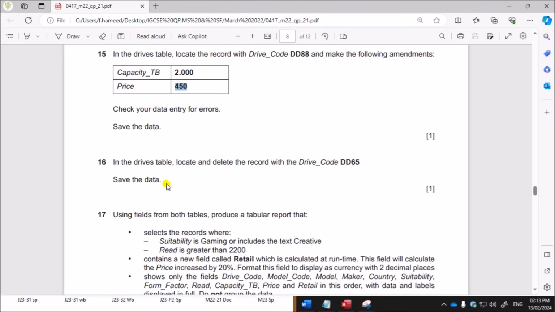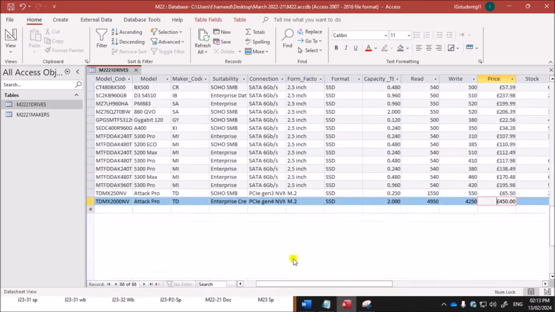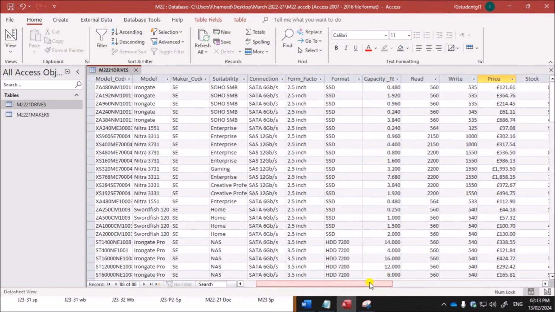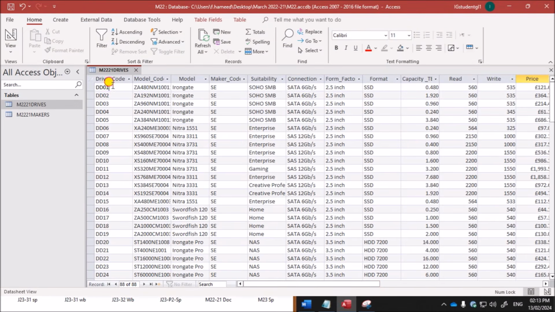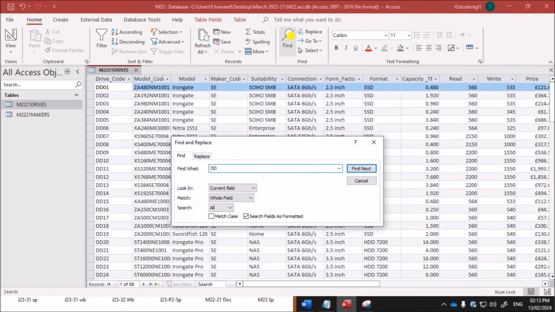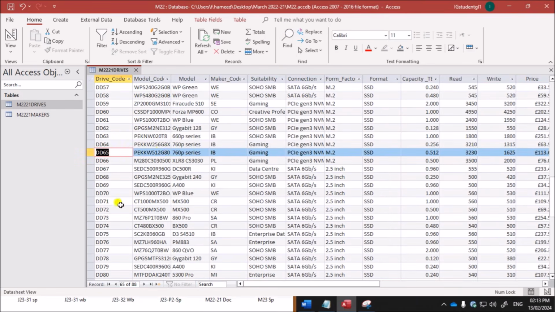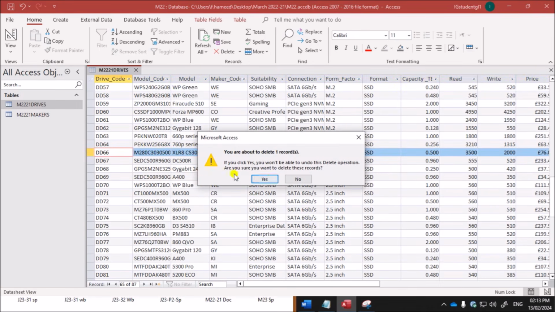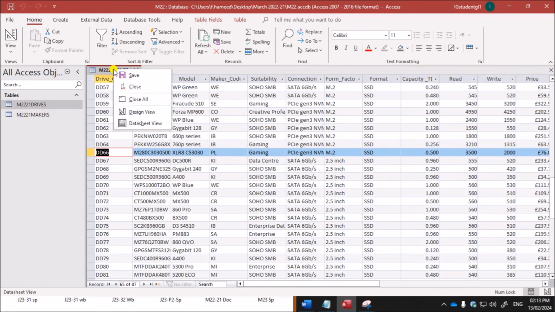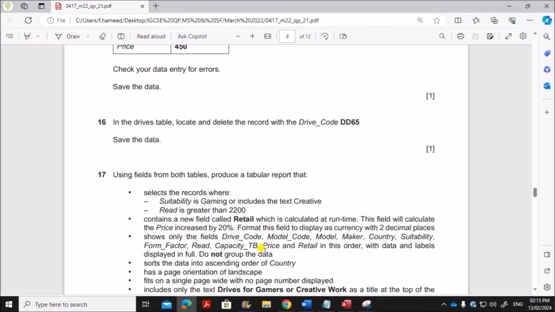Next we have in the drives table, locate and delete the records with the drive code DD65. So again find DD65. So you can see this is the record. You can right click on this record and give delete record. So give yes. Now save the table. Next,